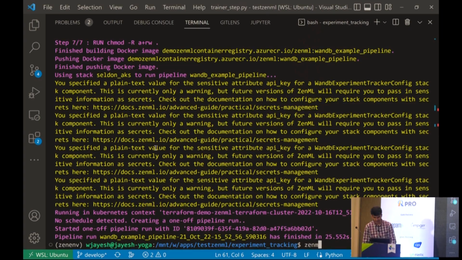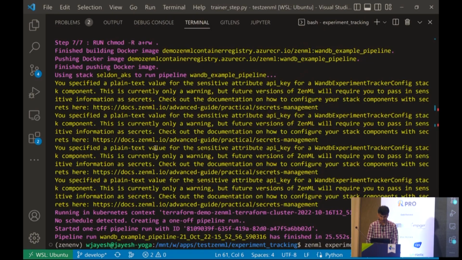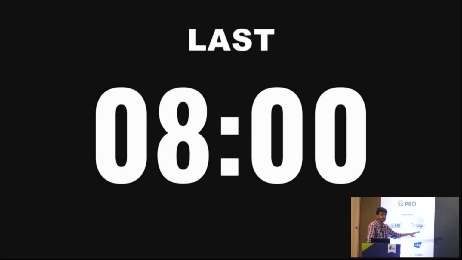So what I'll do now is this. I'll do a ZenML stack update. Oh, wait a second. I'll first have to see if I have an experiment tracker with MLflow already. So what I'll do is I'll do ZenML experiment tracker list. Let's see. So this will give me a list of all the experiment trackers I have registered.